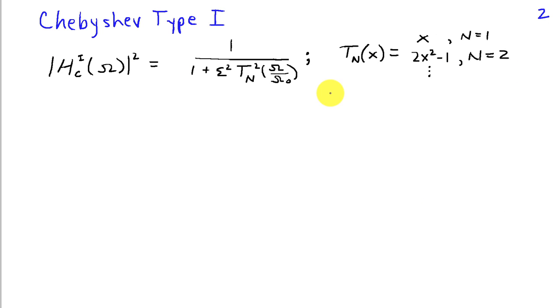So for the Chebyshev type 1 filter, the magnitude response squared is given by this particular function. It's defined as 1 divided by 1 plus epsilon squared times T_n squared of omega over omega naught. And T_n is the nth order Chebyshev polynomial. So from this description, we can discern the characteristics of the filter as well as its pole locations and zero